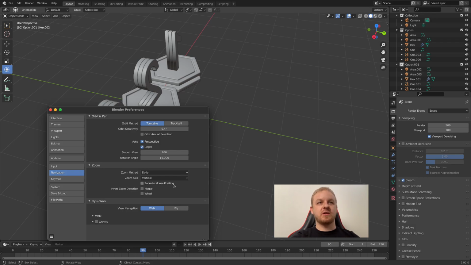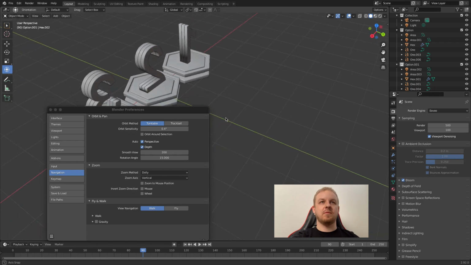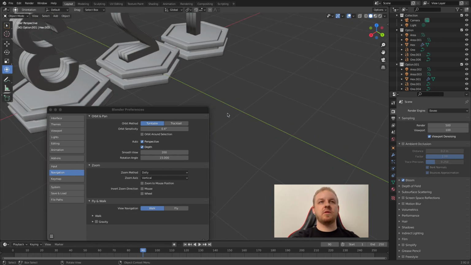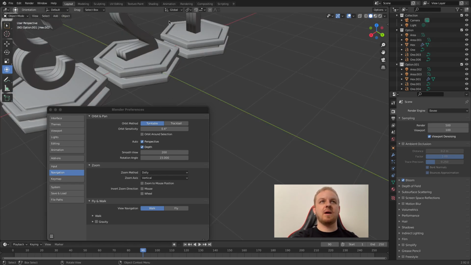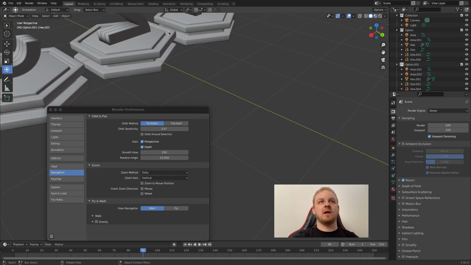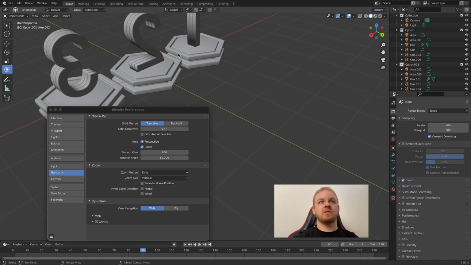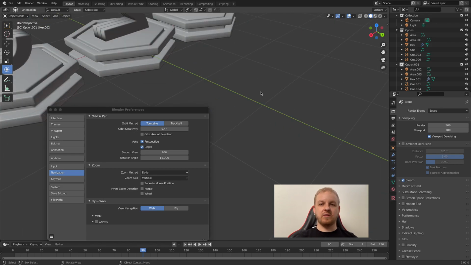One more cool option here is zoom to mouse position. So if you just move around and zoom in the viewport, you'll see that Blender scales everything proportionally from the middle of the viewport. And even if you have the mouse somewhere near this corner, let's say, Blender still zooms uniformly